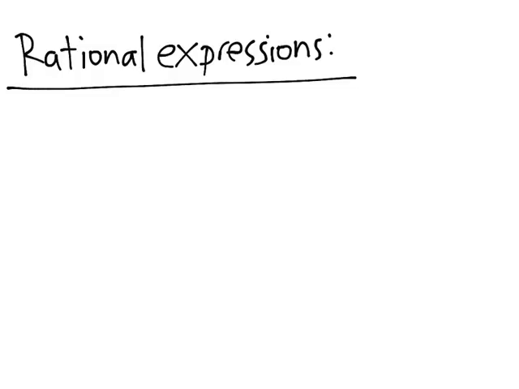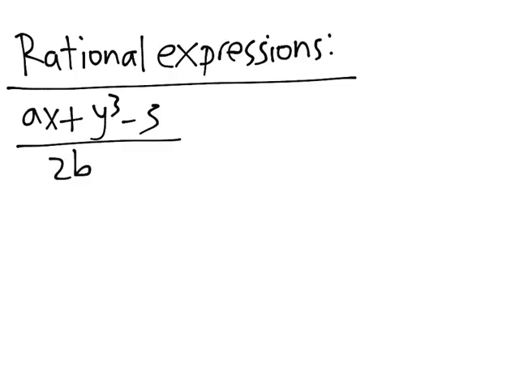Let's talk about rational expressions. A rational expression is the quotient of two polynomials. Say (ax + y³ − 3) divided by (2b + y). Since we're dividing by 2b + y in this expression, it only makes sense if 2b + y is not